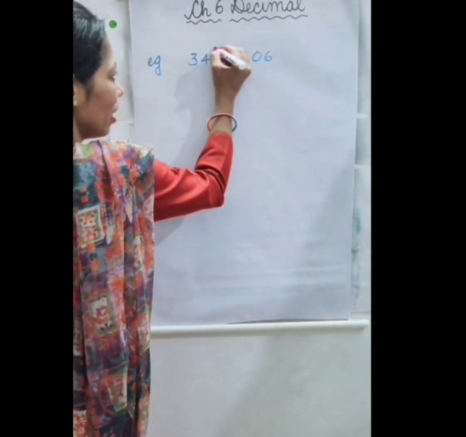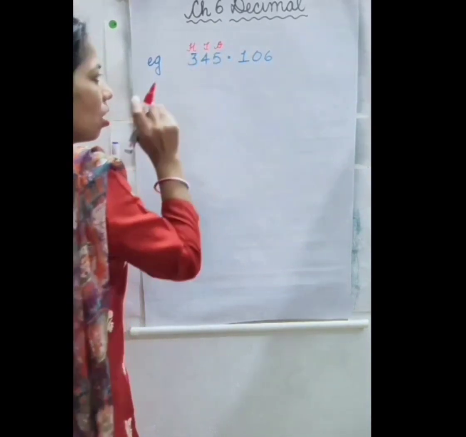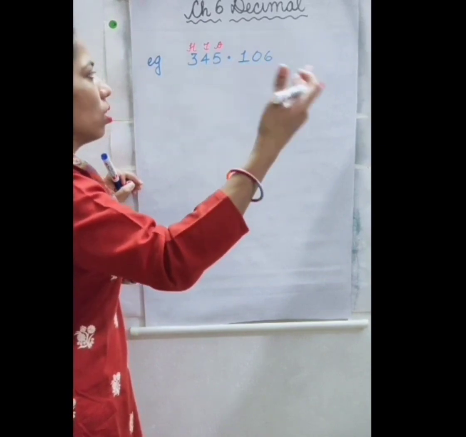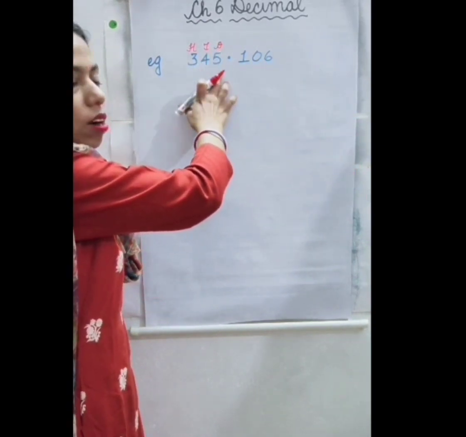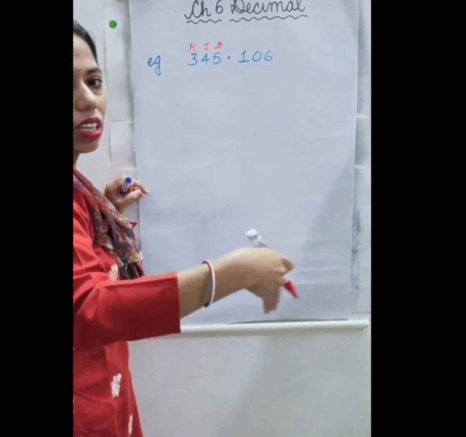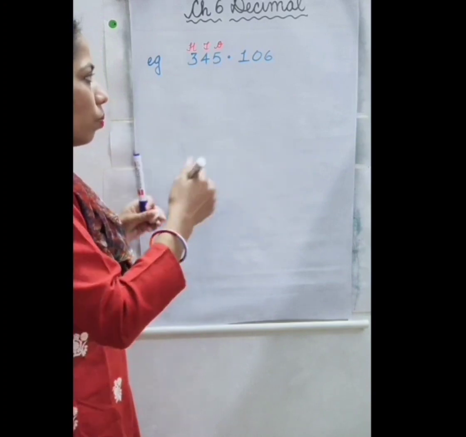Up to here you all know that it's ones, tens and hundreds, then thousands, ten thousands, lakh, ten lakh, and so on. And according to the international system, ones, tens, hundreds, thousands, ten thousands, hundred thousands, then million, ten million, hundred million, and so on.